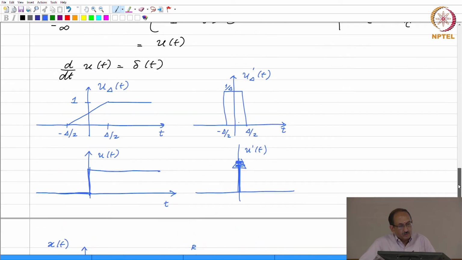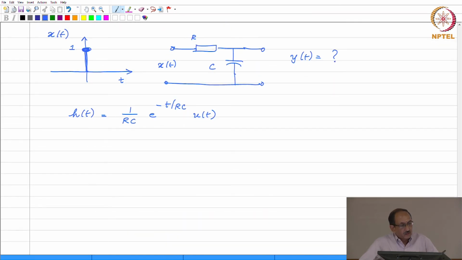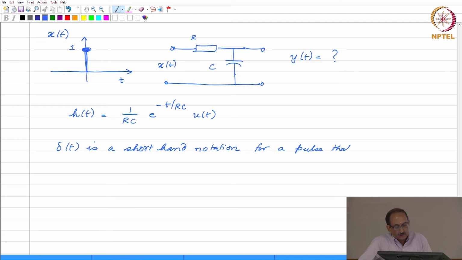Just to wrap up, the way that we'd like to understand delta of t is a shorthand notation, because we are engineers, we deal with practical systems and signals. Delta of t is a shorthand notation for a pulse that is very brief,